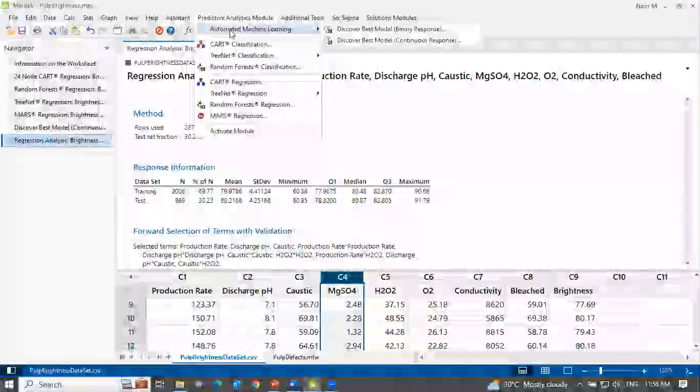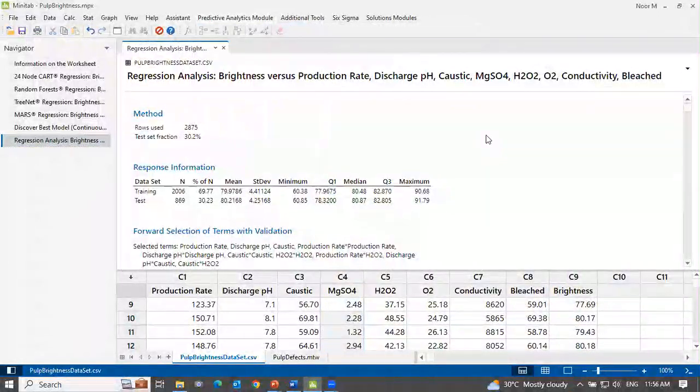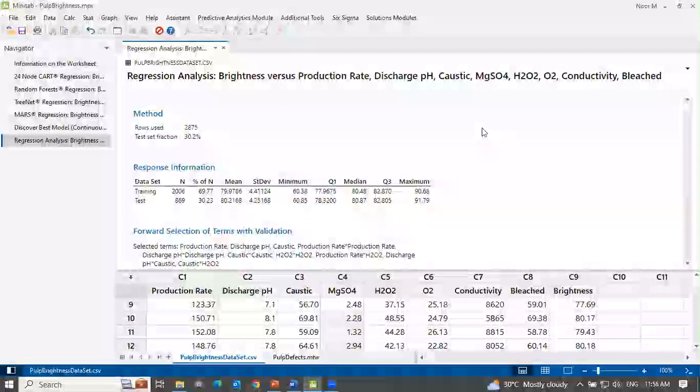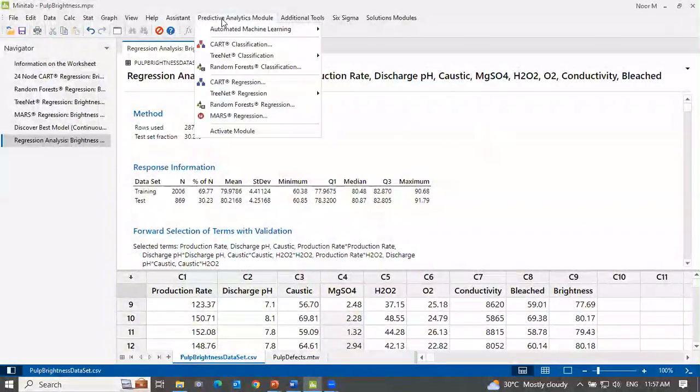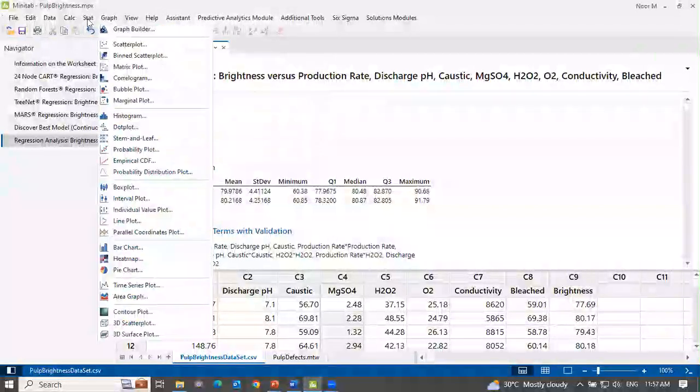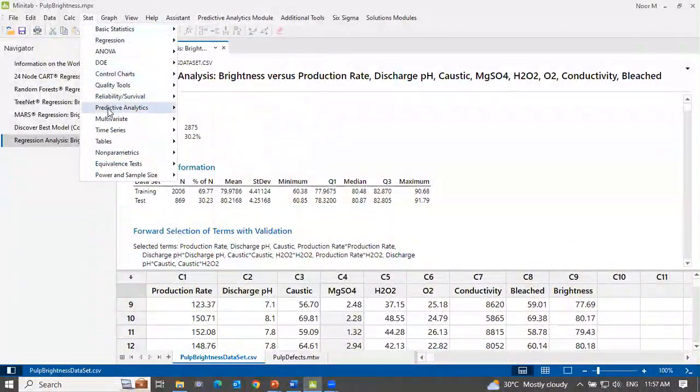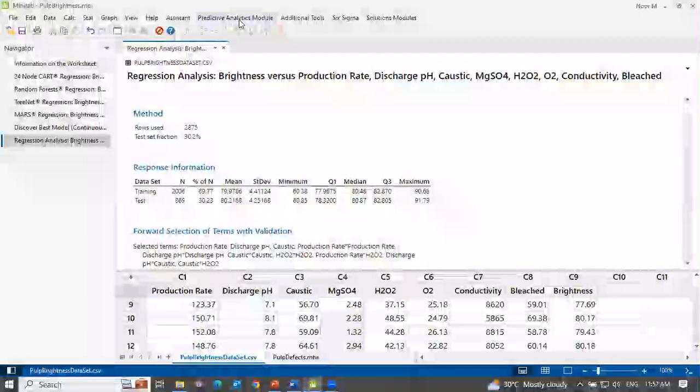So all these are available only in the Predictive Analytics module. We call it automated machine learning. Maybe it can be the second opinion, or maybe the first opinion, to give you an idea to start to find the best model for you. So for those who want to try, no worries, you can try step by step, try with CART first. If CART is okay, you can proceed, or maybe after this you can consider the Predictive Analytics